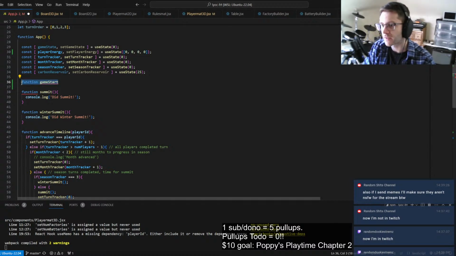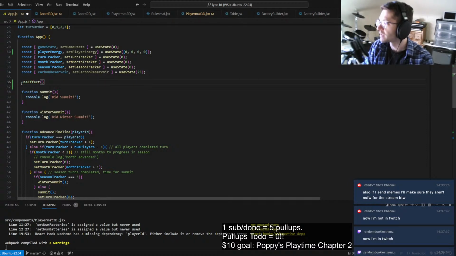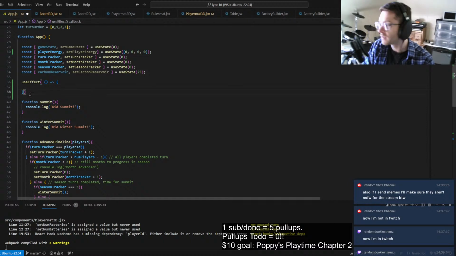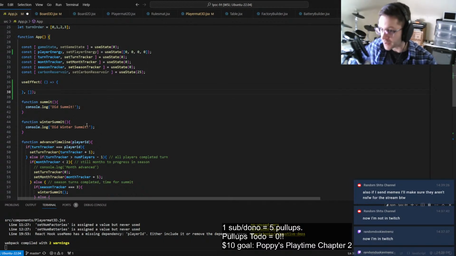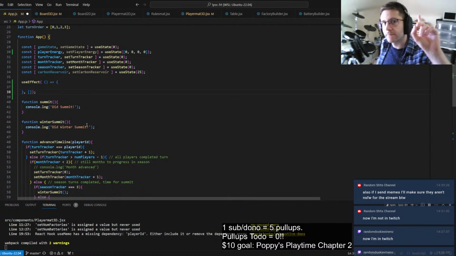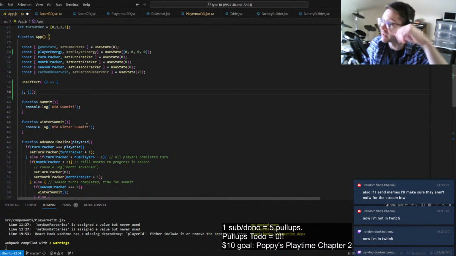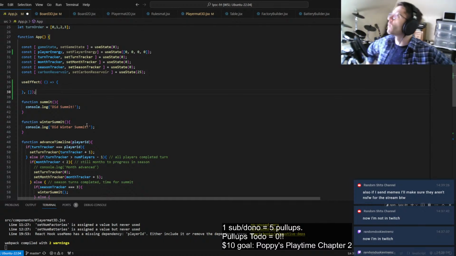Yeah, we'll just go into here. Use effect. It looks like a function. And we can say, do. Have a lambda function here, which makes it an anonymous function. And then after the function, we will have an empty bracket, which means this use effect runs one time. It runs when this component's loaded, never again, unless the component is reloaded. And so what I want to say